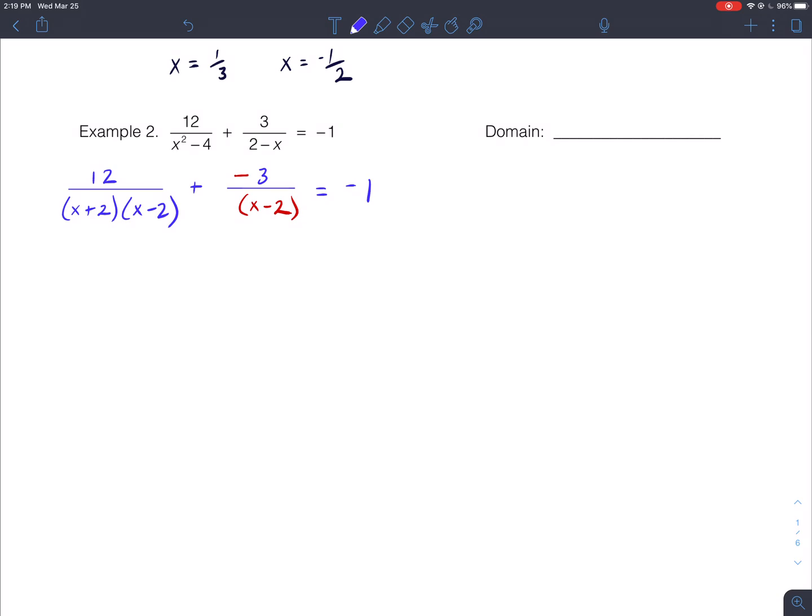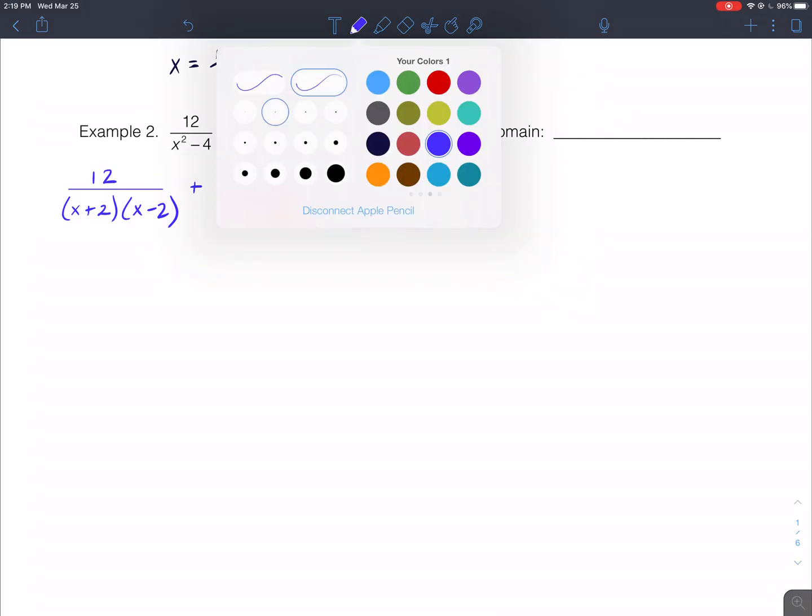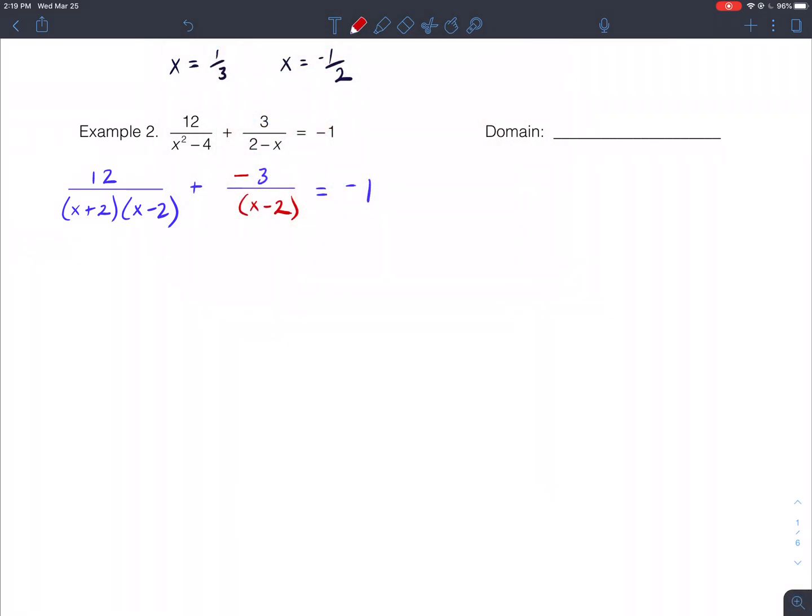So before I go any further, let's stop and do the domain. The domain here is any number except what will cause division by 0. So if we look carefully, positive 2 would make this expression equal 0, and this expression equal 0, and negative 2 would make this expression equal 0. So we have to exclude